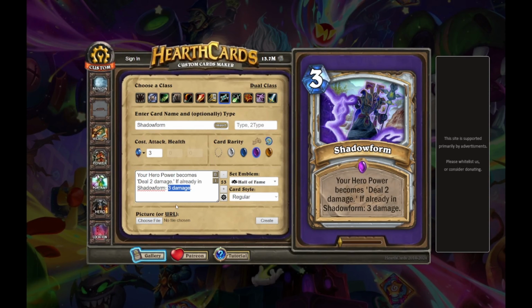So I looked up Shadow Form on this website because I'm using Hearth cards, right? And the way that it turned out is it actually has the text, if you're already in Shadow Form, deal 3 damage. And I was going to make it so if you're already in Shadow Form, gain 1 additional damage. That's what I was actually going to do, but